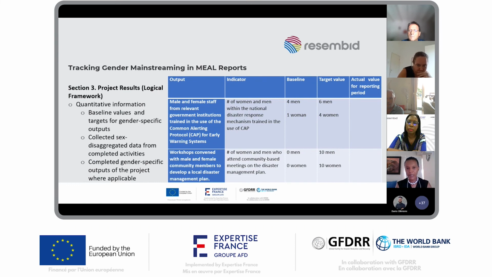Not to do with the project, but it's actually the same kind of training. So maybe the project is an add-on. So in this instance, once that capacity exists already, then your baseline might actually not be 0. So then your target value is 6 men, so 6 more men that you want to train for the project and 6 more women. In the second example, the output is workshops convened with male and female community members to